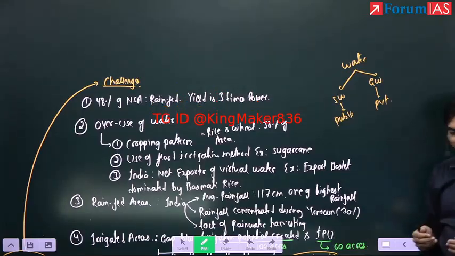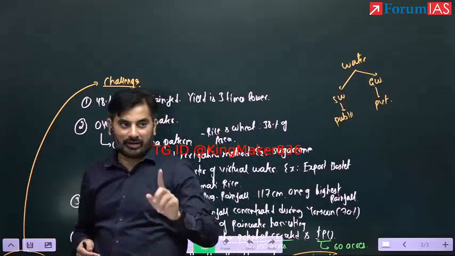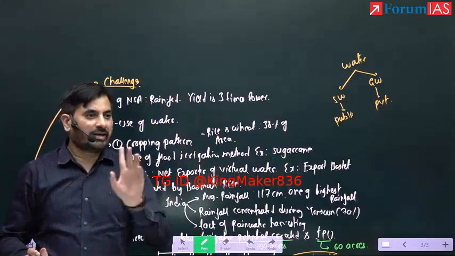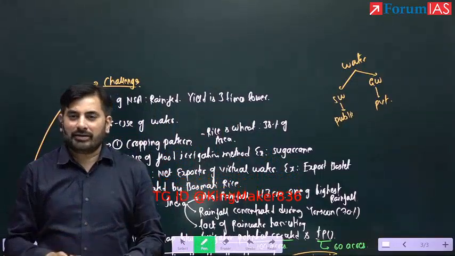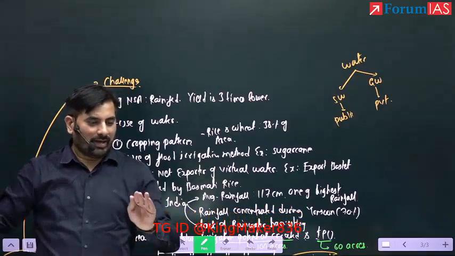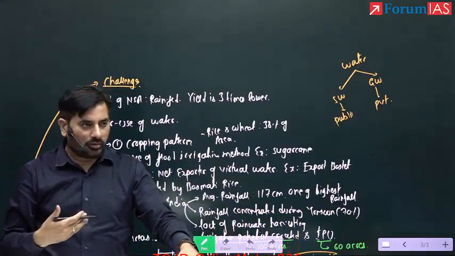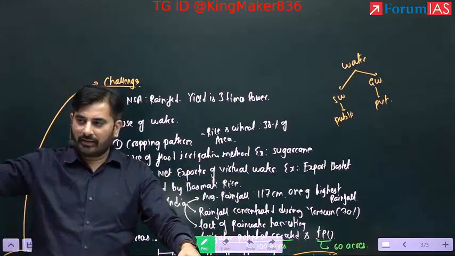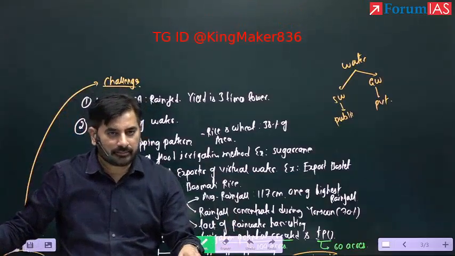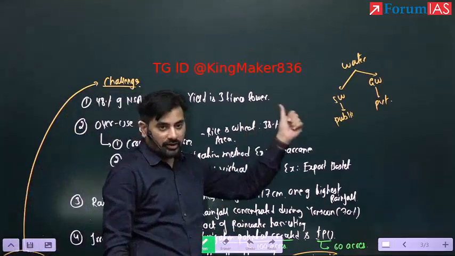So if you want to extract groundwater, it's like you need only one-time investment. What is that one-time investment? You just have to dig a borewell. That's it. It's a one-time expenditure. There's no recurring expenditure also because you are getting free electricity. So one time you invest money, dig a borewell, and later the water belongs to you. It's a private property. Plus you are getting subsidized electricity. You can extract as much amount of groundwater you want to. Is this part clear? This point should be mentioned in your answer.